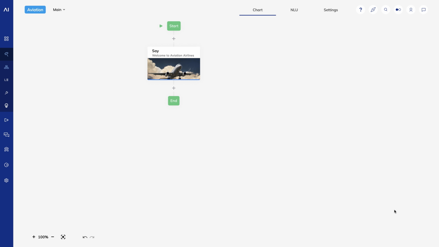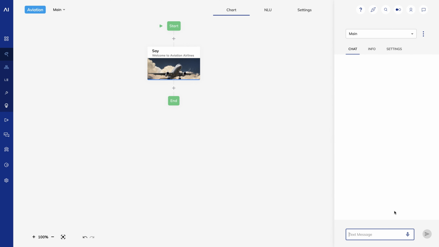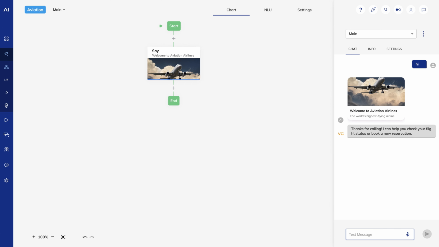Now if I save, I see this nice image with the title and subtitle. You might wonder, how can I upload my own image? Cognigy doesn't replace your content management or digital asset management system as a repository for digital assets like images, videos, PDFs, etc. Instead, you can add a link to a file from your website and it'll be rendered in the web chat.